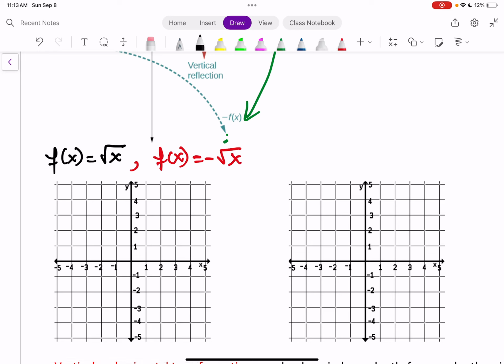So let me graph for you the original square root function, which is like our parabola sideways. Remember, the square root function goes only to the right of 0. Okay. Now a negative all of it, so you simply reflect this over the